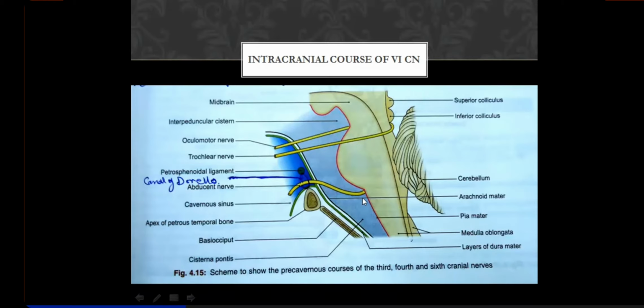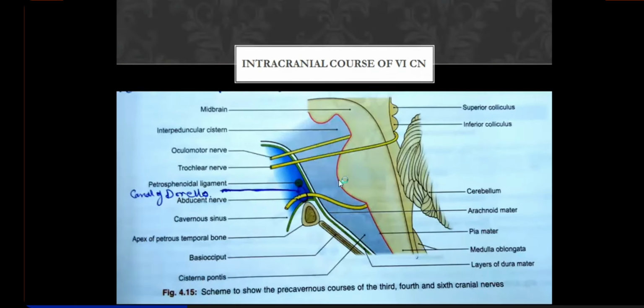Of course, there are other branches from basilar artery, labyrinthine arteries also. But the two arteries which have been commonly asked are anterior inferior cerebellar artery and superior cerebellar artery. Both of them arise in the cisterna pontis. And no doubt the labyrinthine artery will also arise here from the basilar artery. Okay. And posterior inferior cerebellar artery will arise here, at the back. Okay, from here its course will wind and it will reach the foramen magnum.